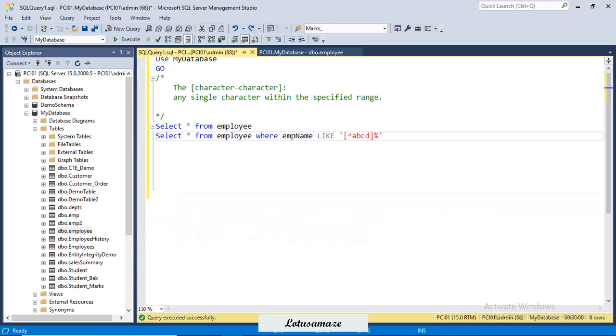Now we check the character to character range. It means we define a range from a minimum to a maximum character. So any single character within that range will match our pattern. Already we have the square bracket with A, B, C, D, which means any character from this list. Now if I define a range, say A to B, it means the characters between A and B including A and B. If I execute this one,